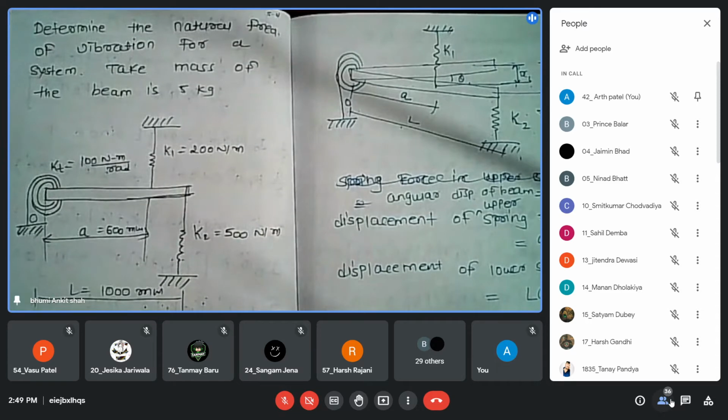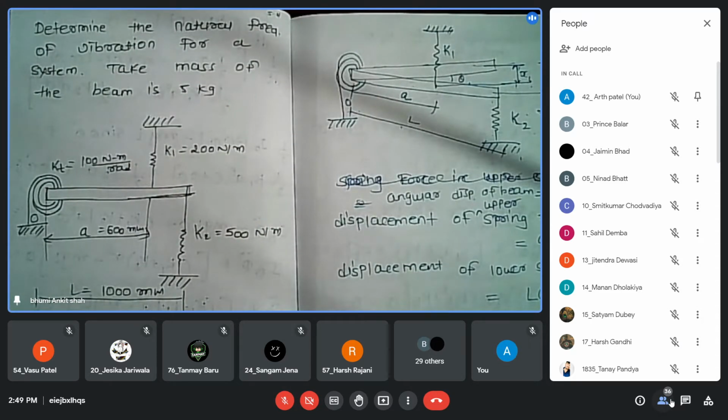ये समझ में आ रहा है हमने आगे क्या किया था? स्प्रिंग के लिए अगर लिखा है कि मास आपको कंसीडर करना है तभी आपको उसकी काइनेटिक एनर्जी लिखनी है, वरना आपको उसकी पोटेंशियल एनर्जी ही कंसीडर करनी है, राइट? तो काइनेटिक एनर्जी किसकी कंसीडर करेंगे? जिसका मास है, whether it is disc, whether it is pendulum, or it is pulley, right? So where the mass is concentrated, only there you can consider kinetic energy. Clear?